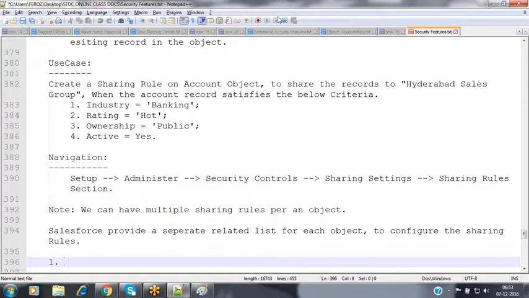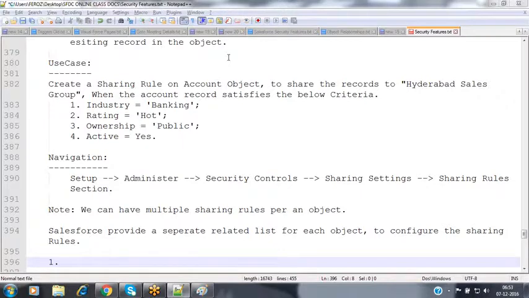Yes. And one more thing, as we know, in a master detail relationship, the detail object has all the security conditions which the master has. Suppose I created three objects A, B, C, and C is working as a detail object, and for A and B I am providing one with private access and the other with read only access.